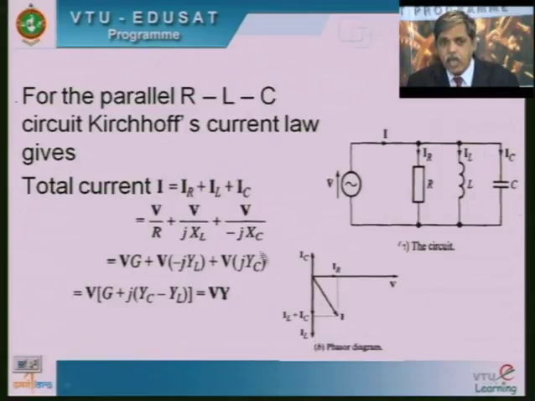So I have IL here, and similarly V by XC, or V into YC, will give you the current in the capacitor. Because of the J sign, the capacitor current will lead the voltage by 90 degrees. On this phasor diagram I have represented IC with a smaller length compared to IL. Therefore, the inductive susceptance is dominating the capacitive susceptance. That happens only when 1 by XL has a larger value compared to 1 by XC, which means XL is smaller than XC.